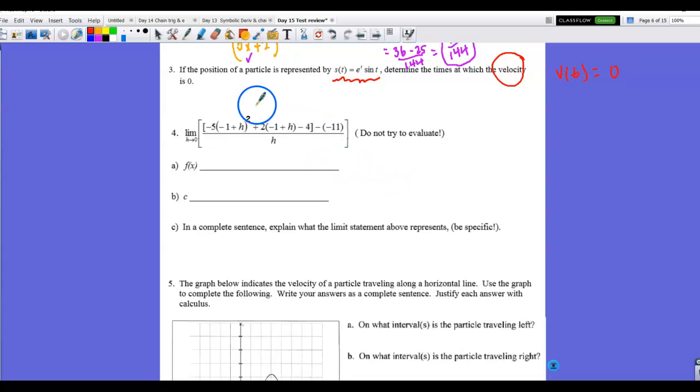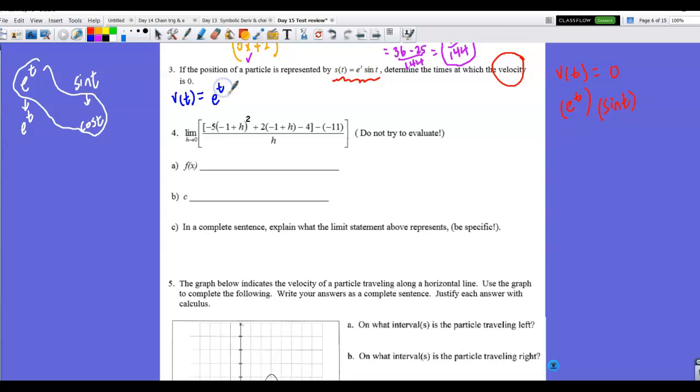Velocity is 0. So I need to find the velocity, and as I said, squishy product, it's e to the t times sine t, even though they don't have those parentheses there to help us out. So here we go with velocity. So v of t, I'm going to do the product rule. I'll come over here and do my little strategy that I taught you guys if it's helpful. If you don't need it, it's okay too. So the derivative of e to the t is e to the t. The derivative of sine t is cosine t. So we have first, derivative second. So that's going to be